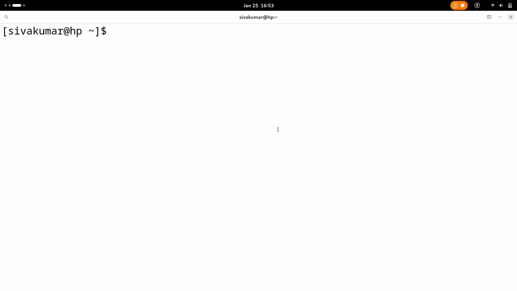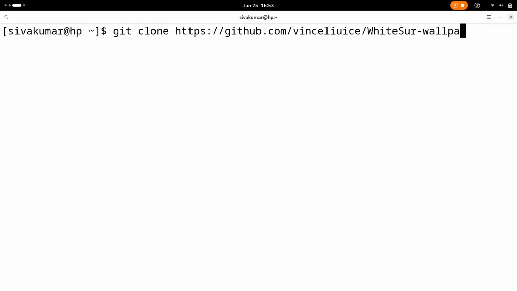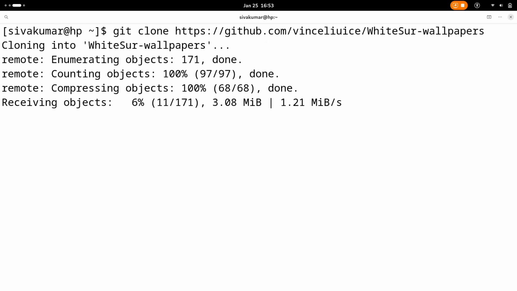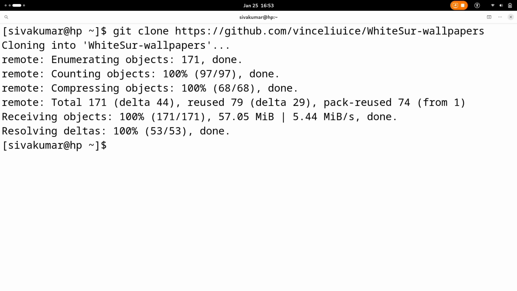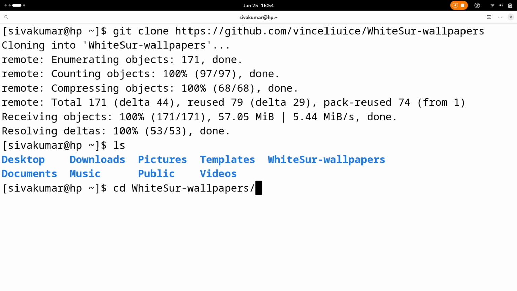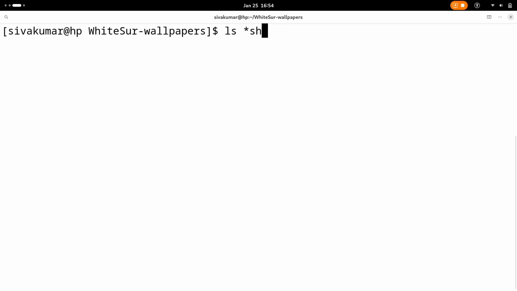Now open Terminal and run this command to clone the wallpapers repository. Then navigate to the cloned repository and execute the script files to install the wallpapers.